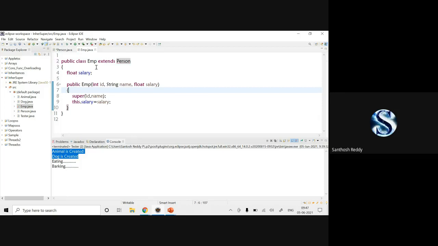Public class employee extends person. So now it is calling the person class constructor.